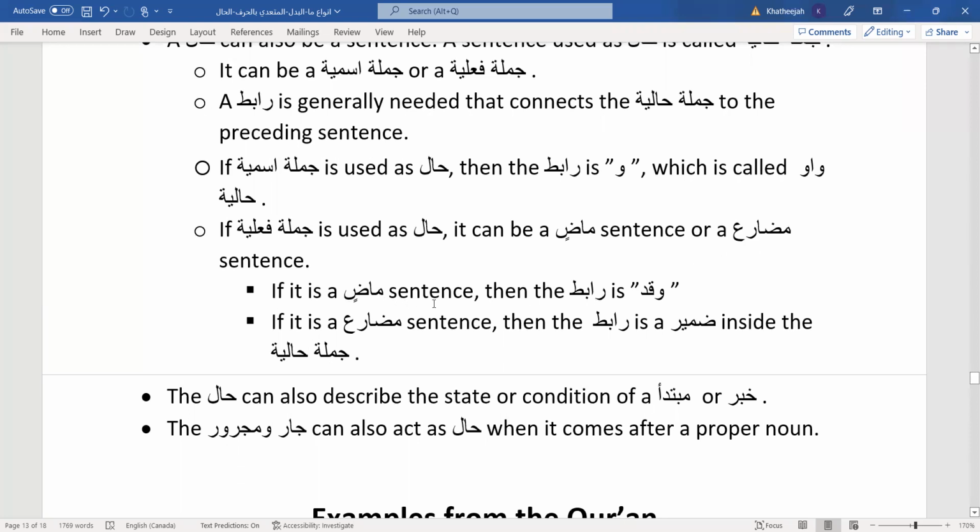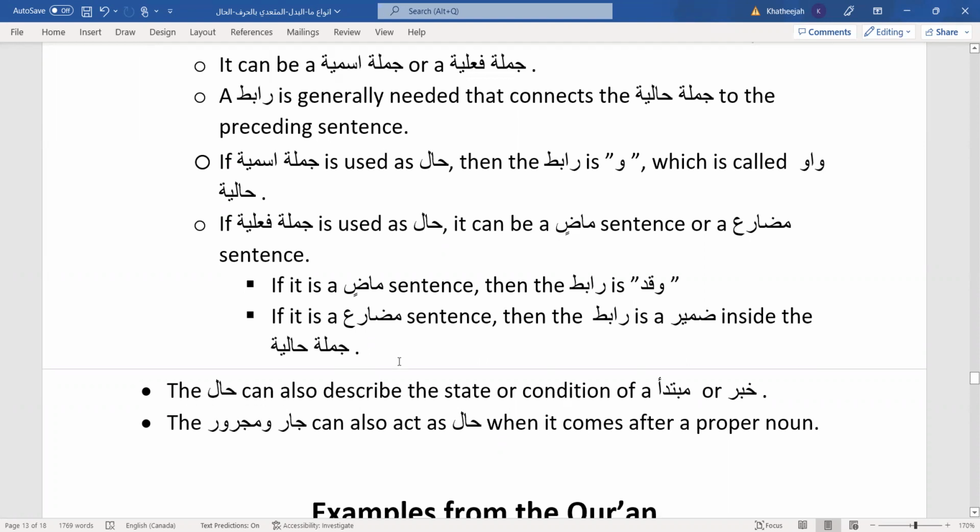If it is madi, then the rabit will be waqad, as we discussed before. And if it is a mudari sentence, a jumla fi'liya with a mudari verb in it, then the rabit will be the damir, the inside doer, inside the fi'l